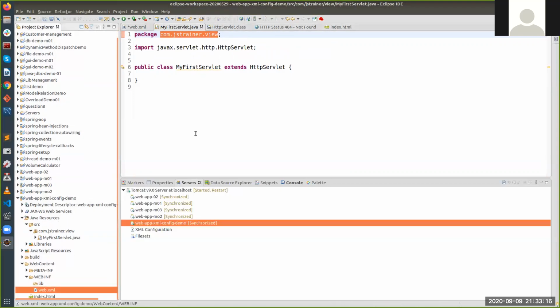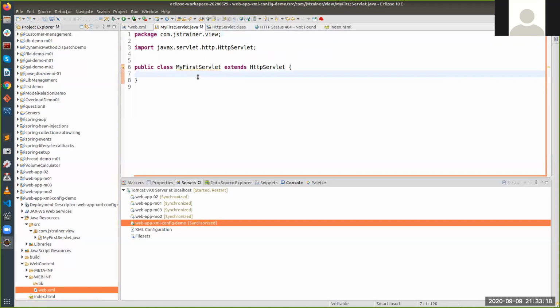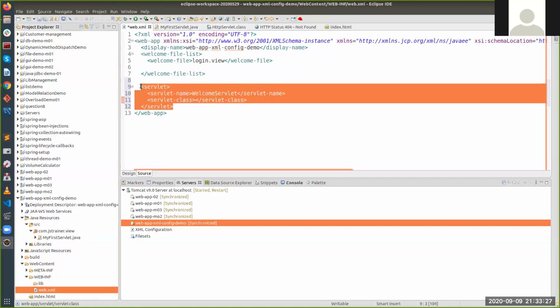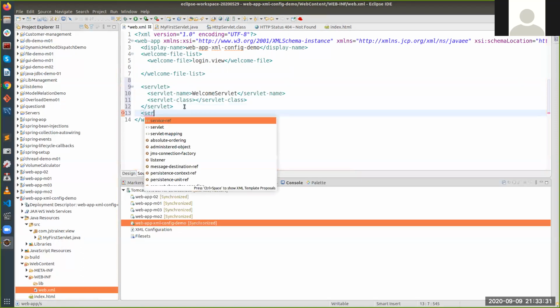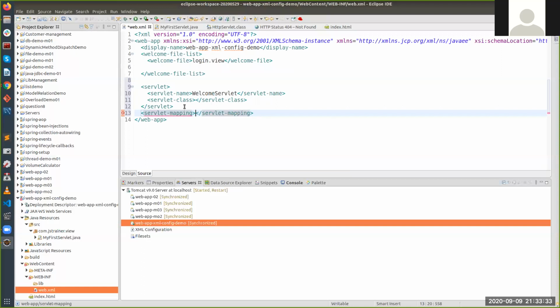It refactors it, right? So now if I want to run this my first servlet, I have to create a mapping over here. We have already done the naming, but now I want to write a mapping also. So I'll call it servlet mapping.